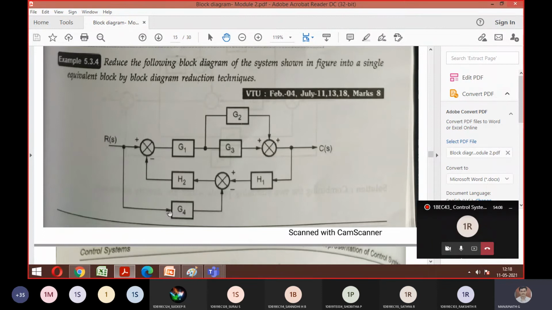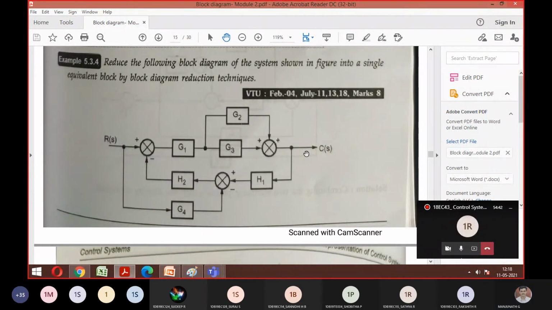That is why I told you the first step: always try to get the forward paths as well as the feedback paths. That will give a clear picture of how I should solve the problem. So this G1, G3 summing point output is first, then again the summing point G1, G2, this summing point, is second, and you can trace this way. Correct? Is it okay? Input to output. Everyone, yes. Fine. So that is the first thing.